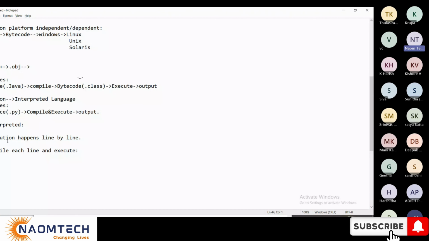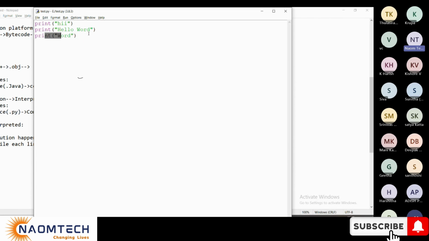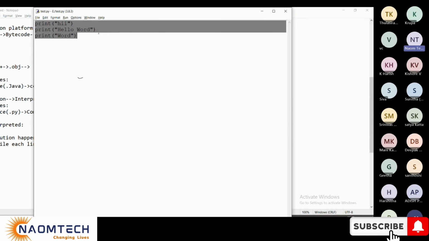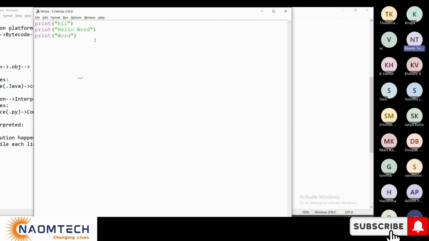language. Okay. So what happens in interpreted is point one, executes line by line. Point two, in this case, it compiles each line and executes it immediately. So like this it goes. I'll come up with a good use case program tomorrow to show you. Suppose you have an error at line 3, then it stops at line 3 only, and the remaining two lines get executed. I'll just come up with that example tomorrow, because if I do R&D here now, your time will be wasted. So I don't want to do that. But you got some idea here, right?